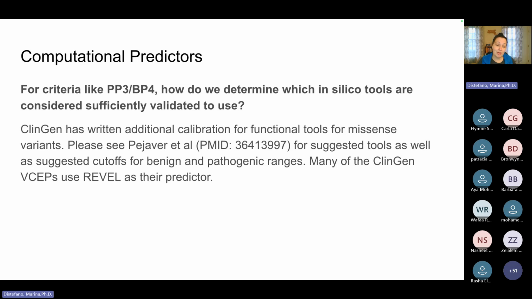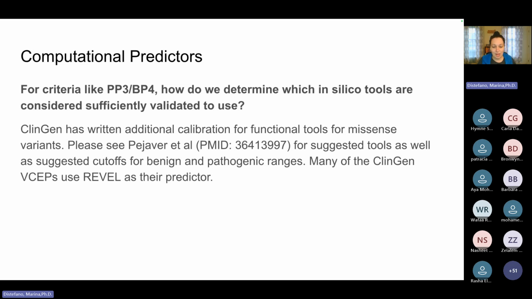And I will say that many of the ClinGen VSEPs at this time use REVEL as a meta predictor as their predictor. They have slightly varying cutoffs, but usually it's 0.7 or greater for pathogenic classification. And if I remember correctly, it's 0.15 or lower for benign. And in between, you don't get any pathogenic or benign codes there, but definitely take a look